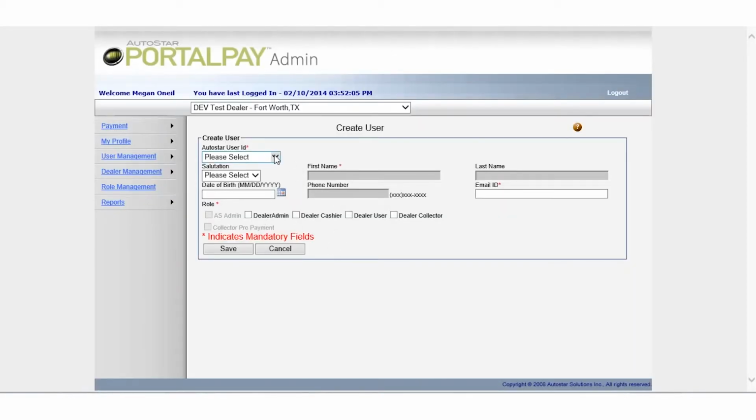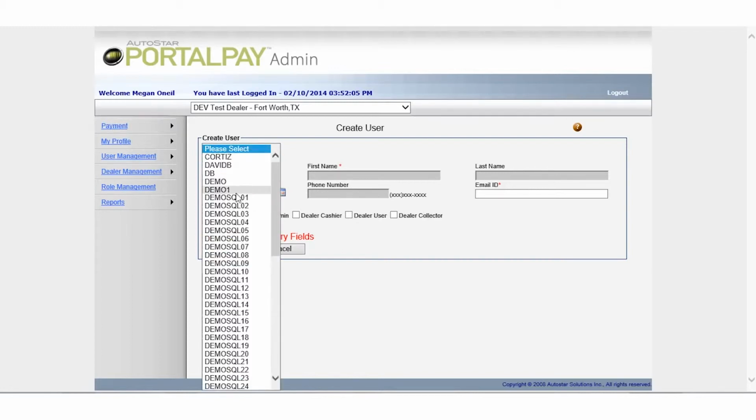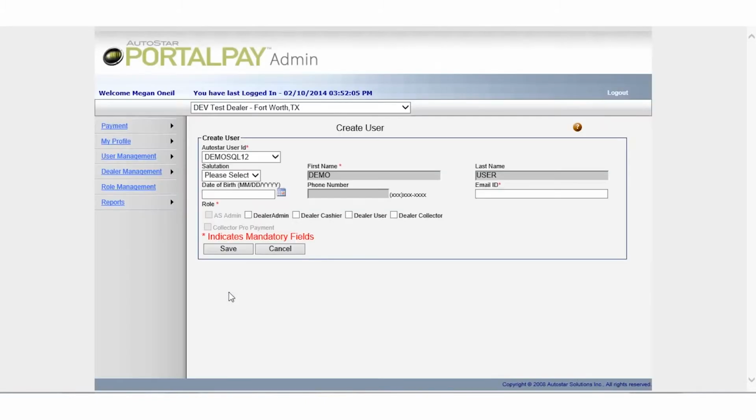And if you're a user in portalpay, it reasons to say that you have to have a valid email address because that's your username. But you also have to be a user inside AutoStore Fusion. So you have to have a user ID in Fusion in order to take payments in Collector Pro. So if you have a new employee, make sure you set them up in Fusion first with a user ID and then come into portalpay. You would select them from the list of users, enter a valid email ID for them,